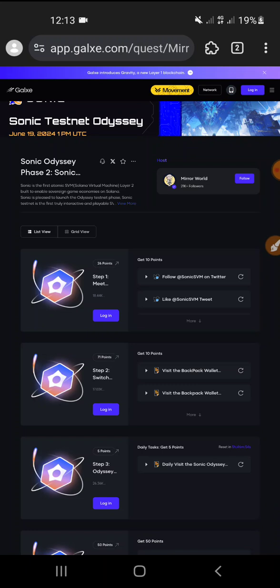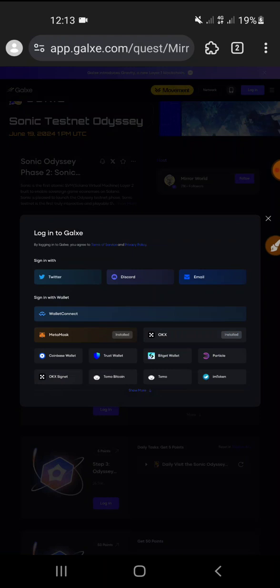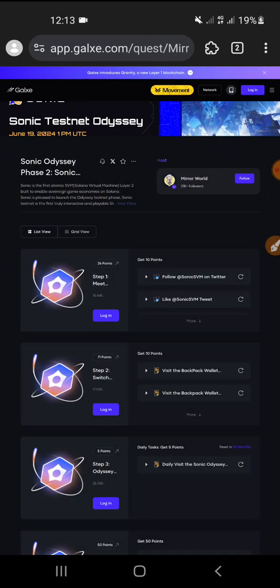So Galxe is the quest platform. It's a hosting platform where crypto companies provide their quests, some of the marketing terms like engaging with their community, their audience, like doing follow, and therefore they give some reward to people in order to make their customers happy. Their audience happy, and that's it. So Galxe is the quest hosting platform, and here what we need to do is